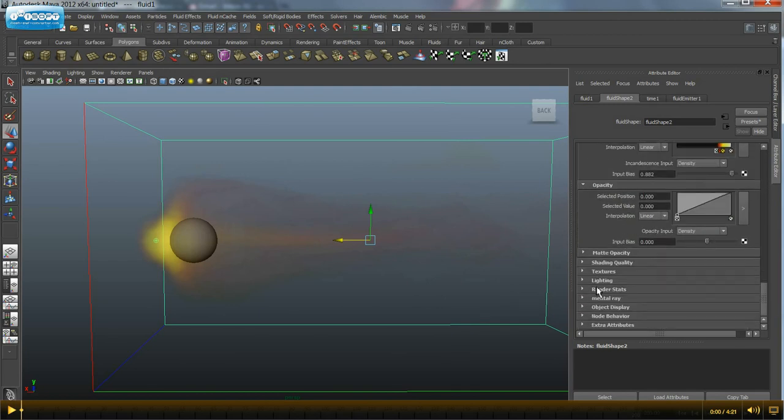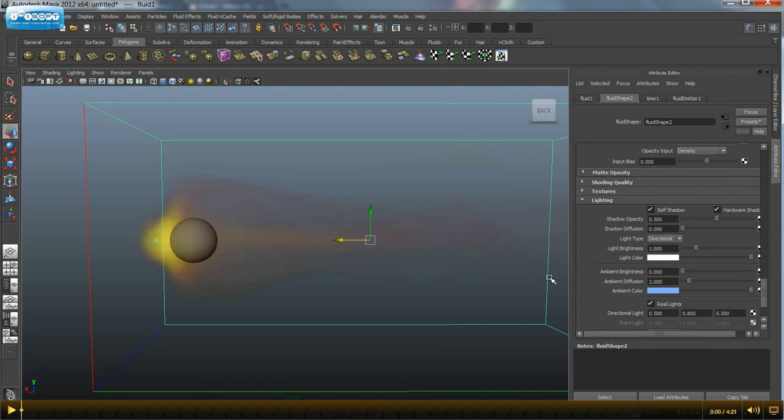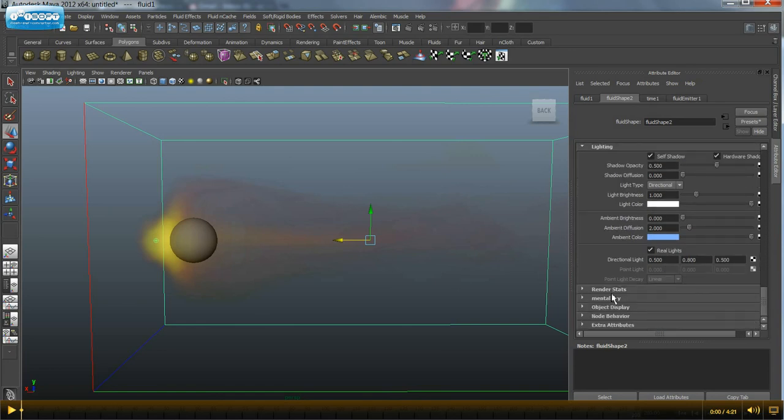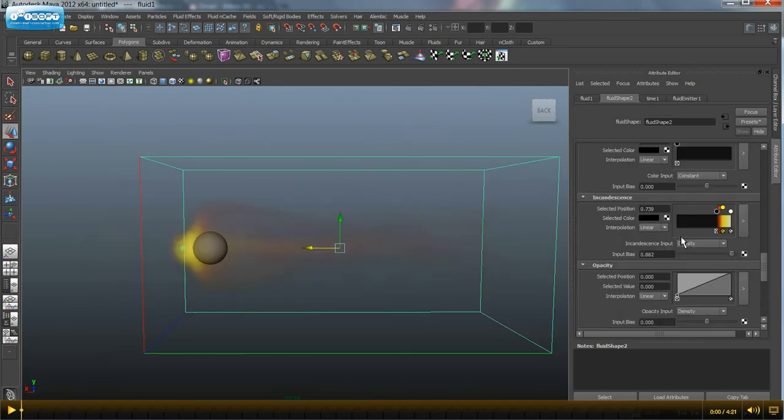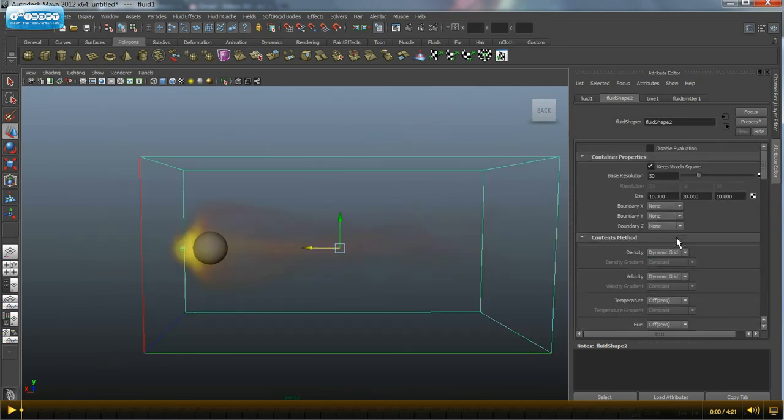So the lighting, you can do a self shadow, kind of gives it a better feel to it. Right now, really where the main quality lies is in the base resolution. So if we up that to, let's say, 100, the simulation's going to play a lot slower, but there's going to be a lot more voxels in there to